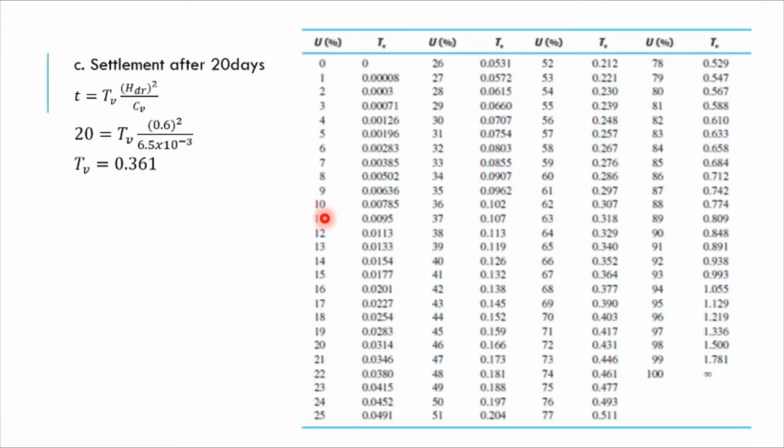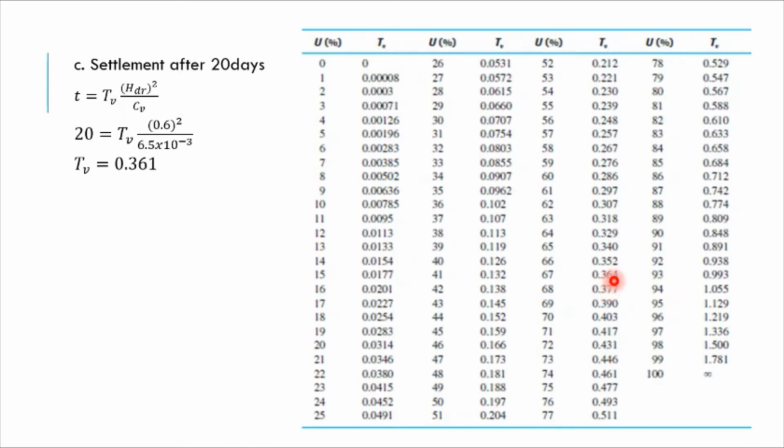So let us look at the table. Where is 0.361 located? If we look at the table, 0.361 is between 0.352 and 0.364. So how are we going to determine the percent consolidation? Would it be 66% or will it be 67%? So we have to consider,